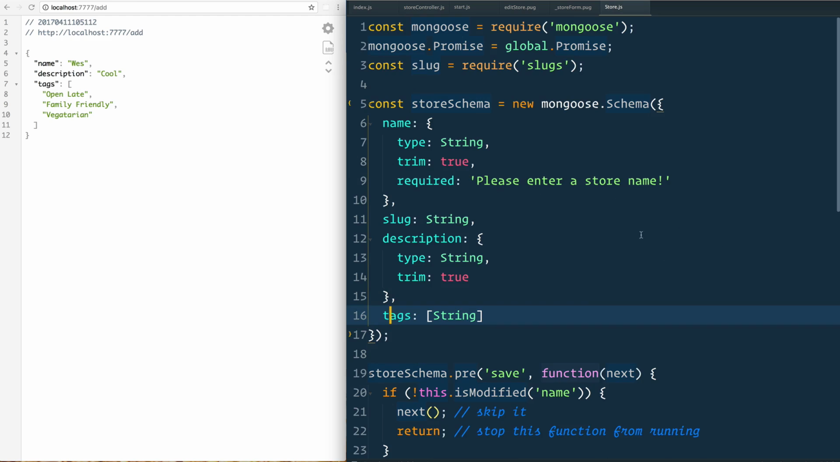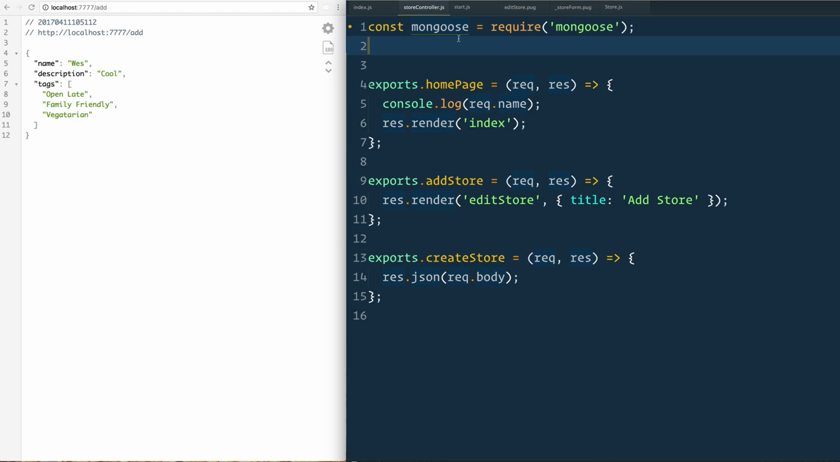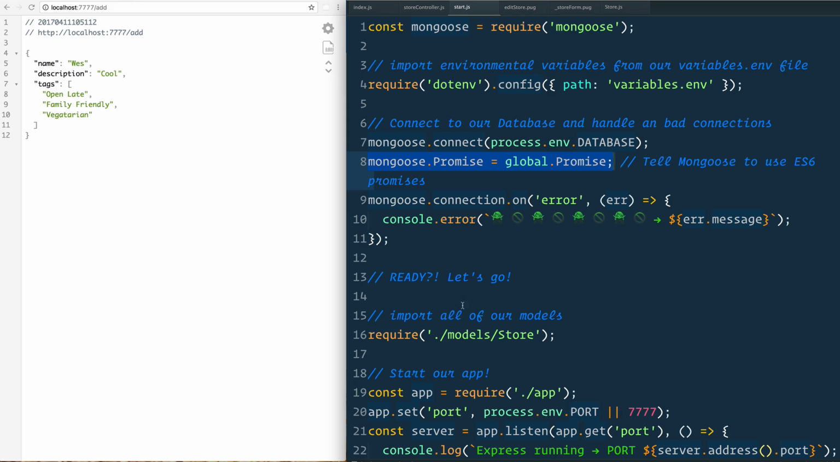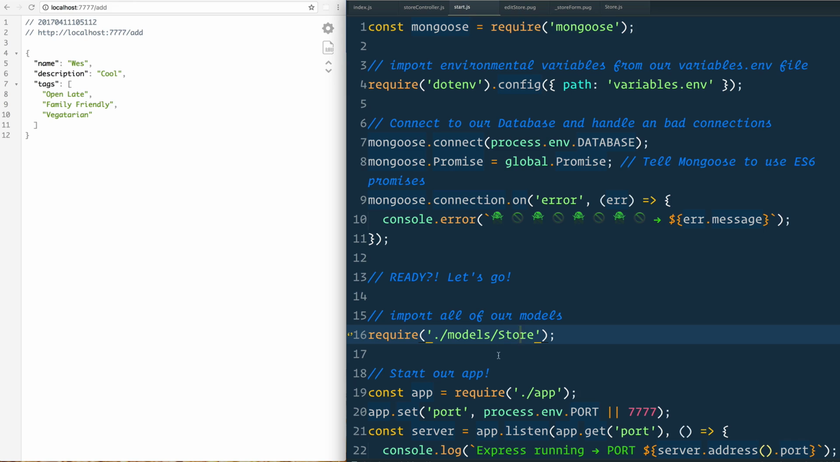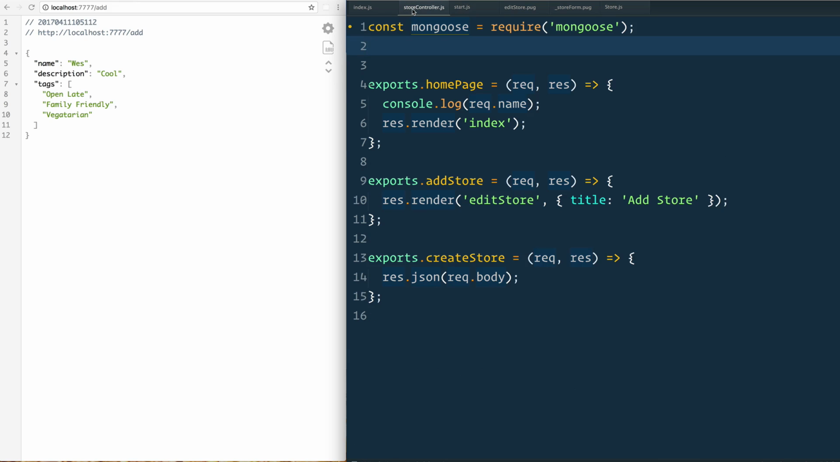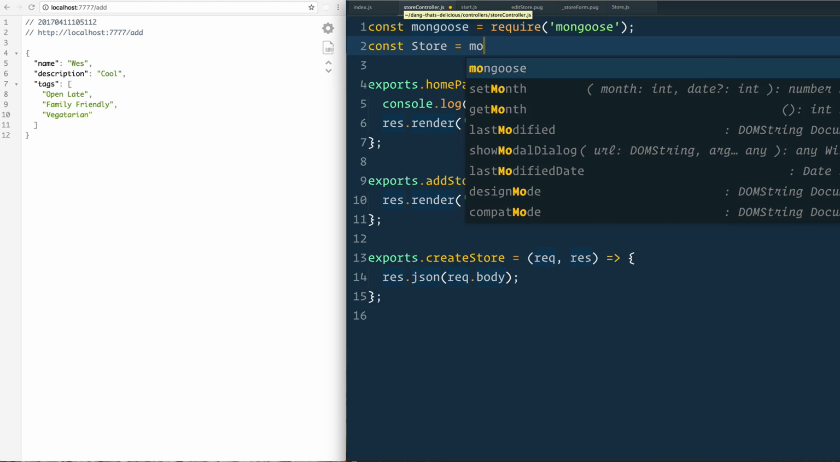And rather than importing this schema directly from the file, because we've already imported it once in our start.js file, remember require model store, we can simply reference it off the mongoose variable here, because mongoose uses a concept called a singleton, which allows us to only import our models once and then reference them anywhere in our application. So we'll say const capital S store equals mongoose.model